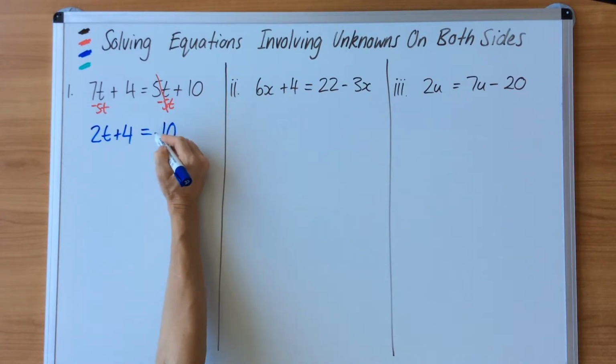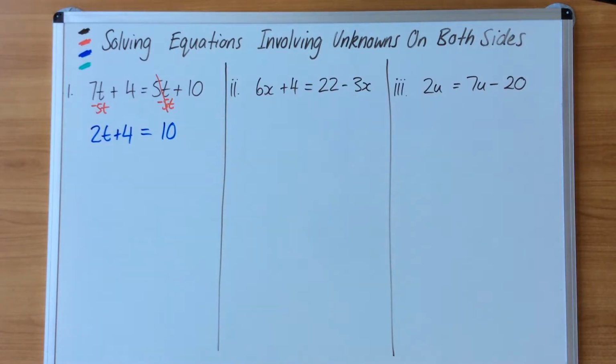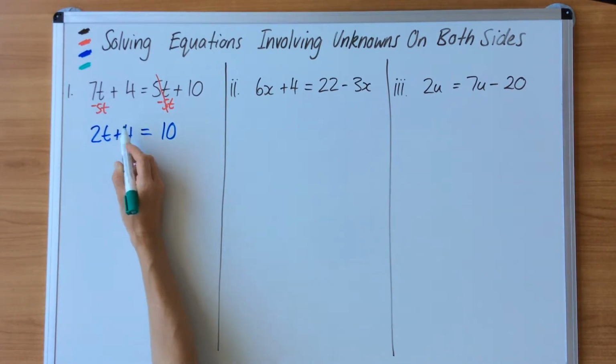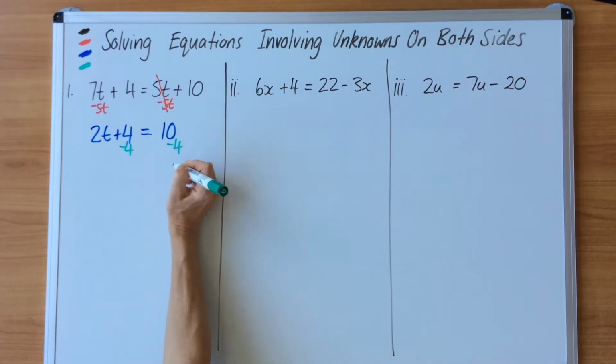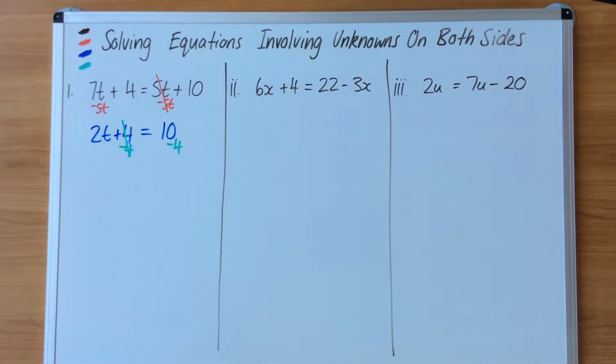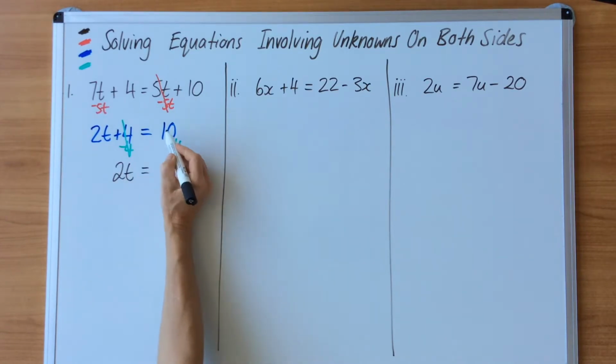I don't need to put a plus in front of the 10. Now I have a two-step equation. And what I need to do is remove something that doesn't belong there. I want the letters on the left, numbers on the right. This 4 doesn't belong here, so I'm going to start with this because I get to eliminate it. And the opposite of plus 4 is negative 4, and what I do to one side, I must do to the other. 4 minus 4 cancels out into 0, so I simply drop the 2t down equals, and go 10